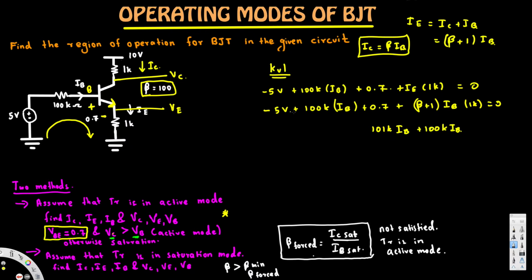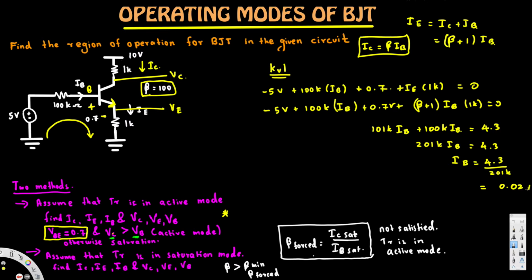And I'm moving the others to the other side. So minus, this is 0.7 voltage. Minus 5 plus 0.7, that's 4.3. If I move to the other side, that's going to be positive 4.3. And if you add these two together, this is going to be 201K IB is equal to 4.3. Therefore, IB is equal to 4.3 divided by 201K and that's going to give us